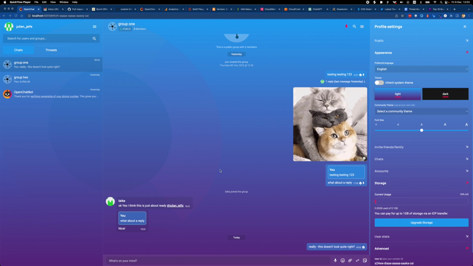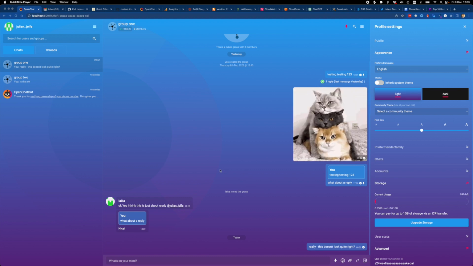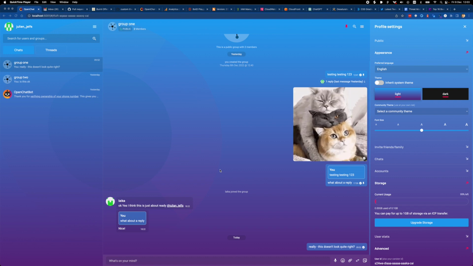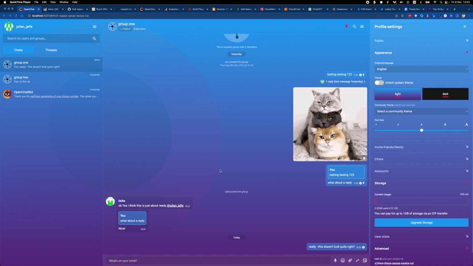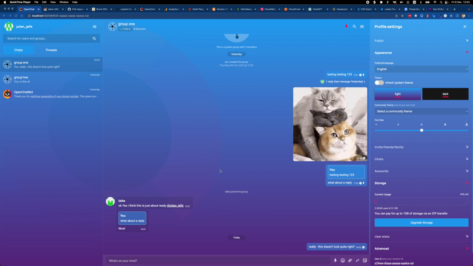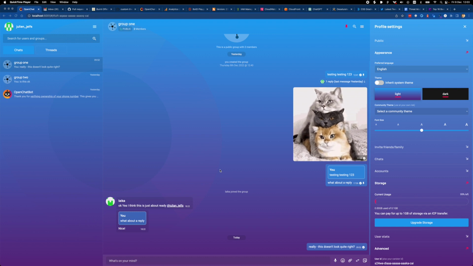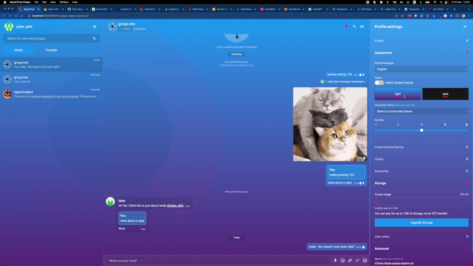Custom theme within OpenChat. So recently we reskinned the app, and most people seem to love it, but obviously we can never please everyone, so we thought it'd be nice if we provided a reasonably easy way to plug in community developed themes so that people can make it look to some degree just how they would like it to look. So this is OpenChat running locally on my machine, and we can see that from our user profile here